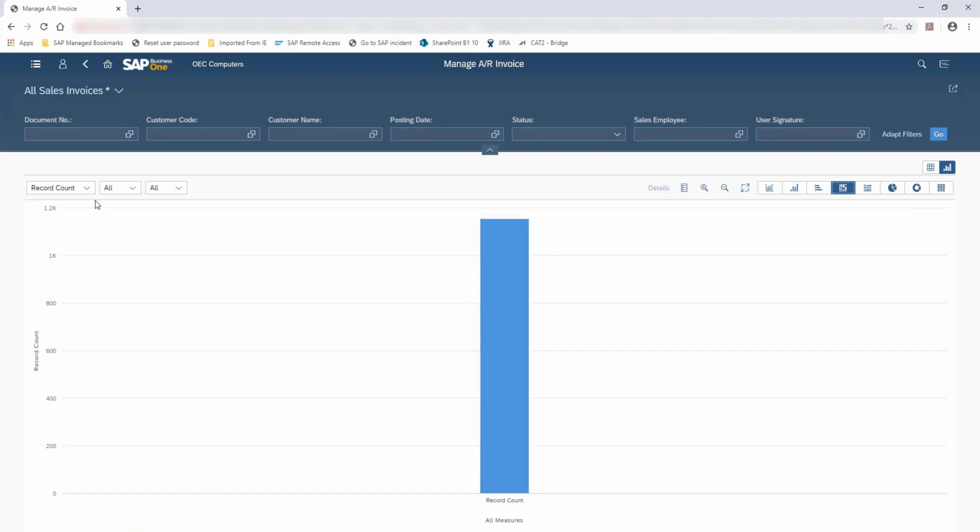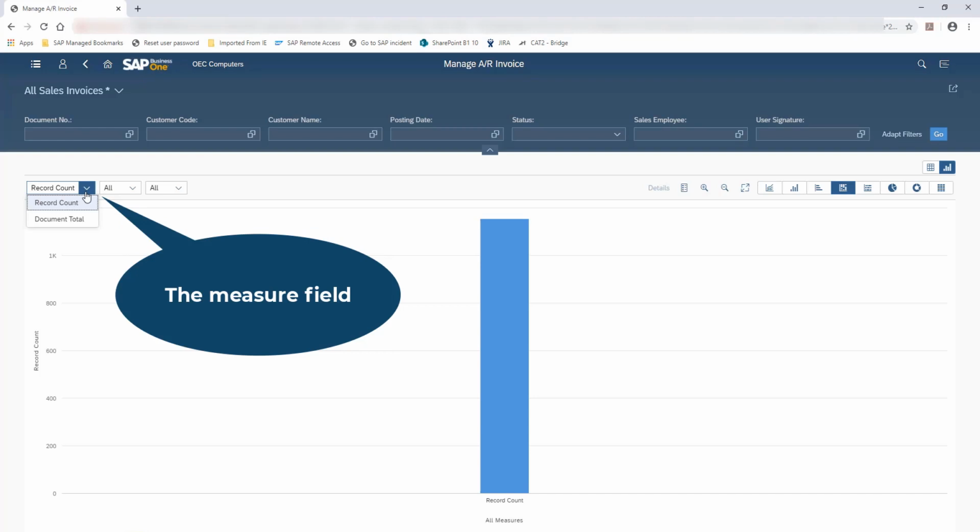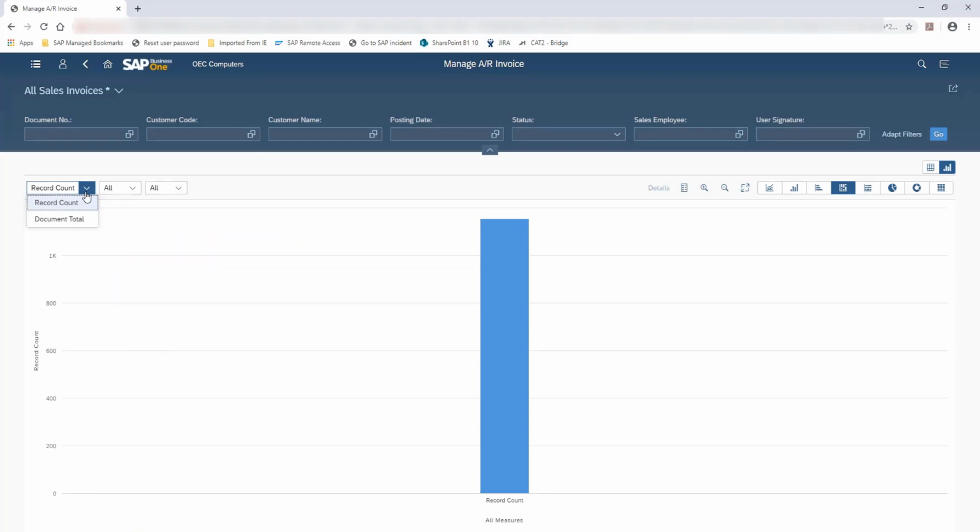And there's 3 very, very important fields on the left-hand side of the chart. And the first of those fields, I'm going to pull it down to open it, is called the measure field. So this is the measure field. And we'll understand exactly what this means as we go along, as we see some of the charts. Then this is the measure by which the chart is